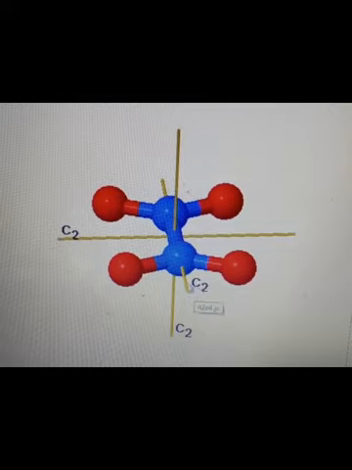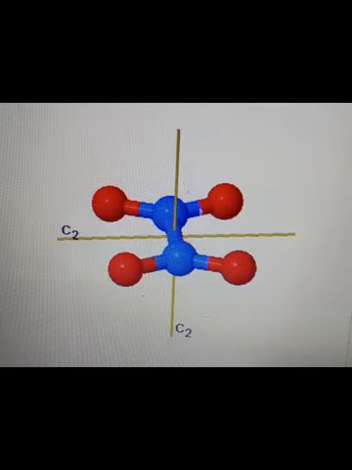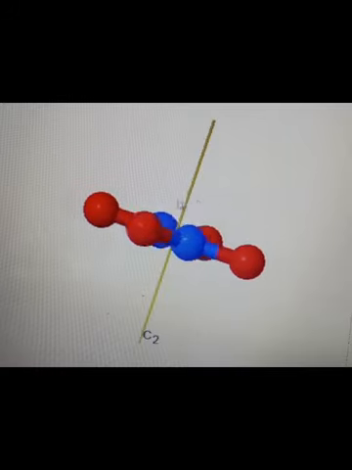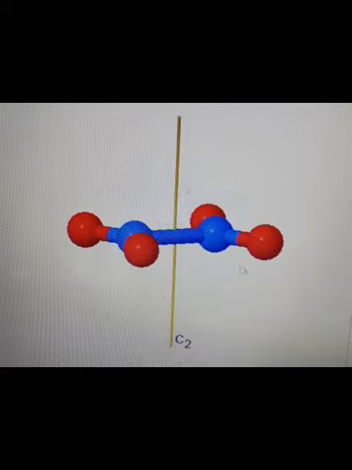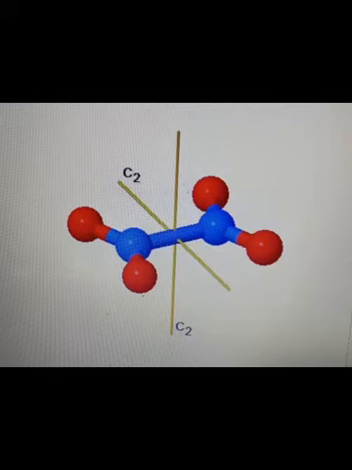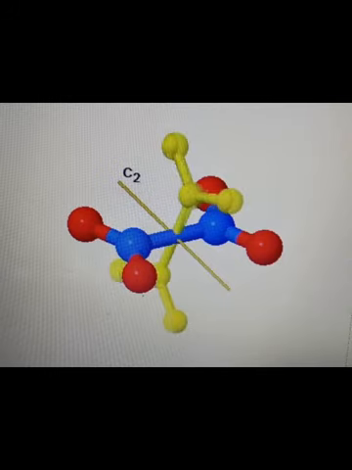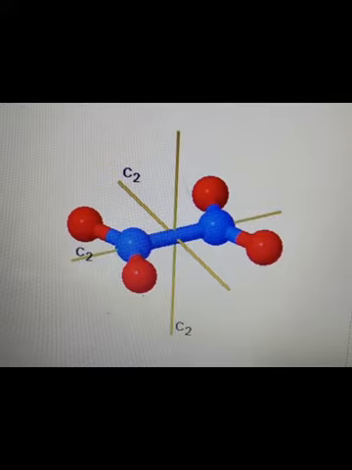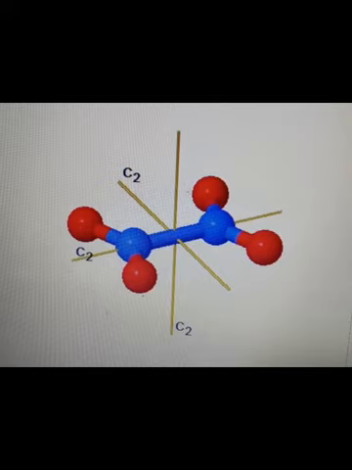This one is your principal rotational axis of symmetry. These two C2s are perpendicular. Now if you look at the rotation of these C2s, that is the first C2. I'll just show you. The first C2, which is perpendicular to the principal axis, the rotation takes place like this. And for the second C2, the out-of-plane rotation takes place, giving you an equivalent. So altogether it is having what? 3 C2s. Principal C2 rotational axis with n number of C2s.